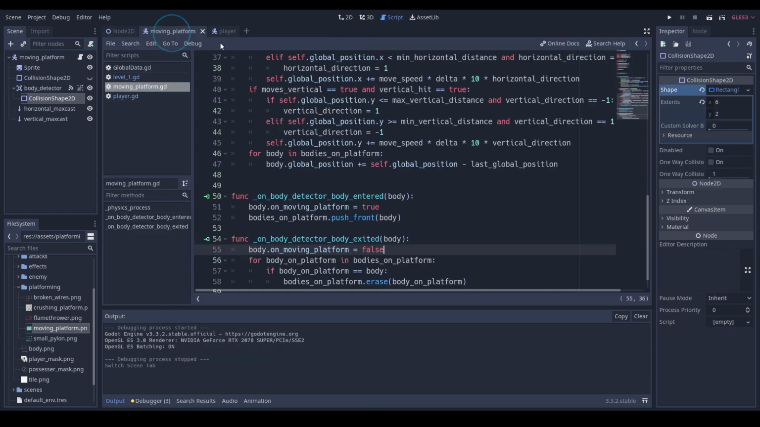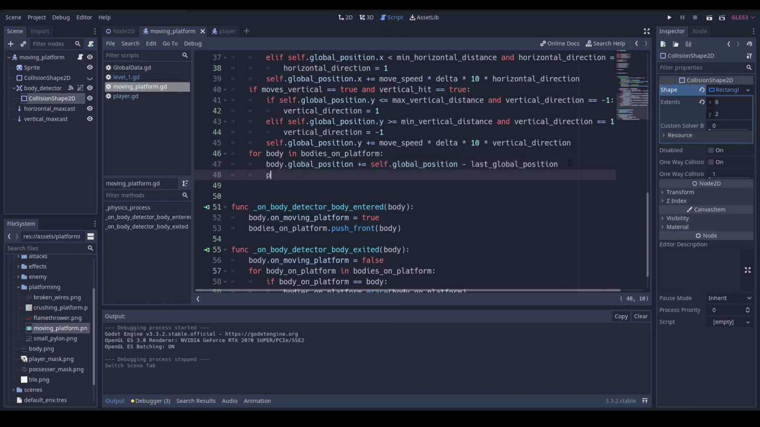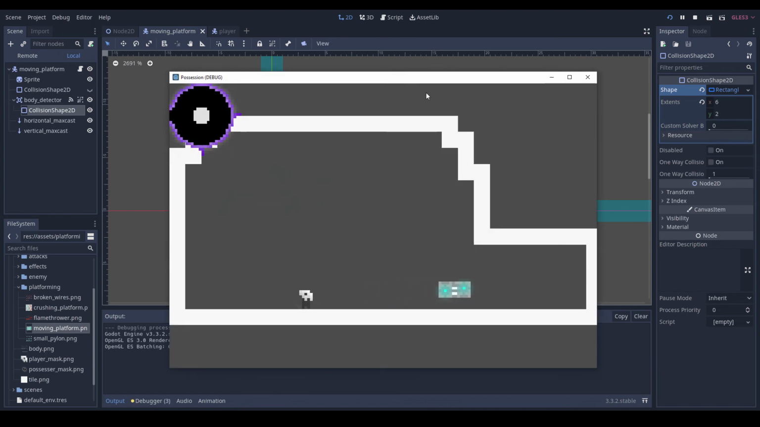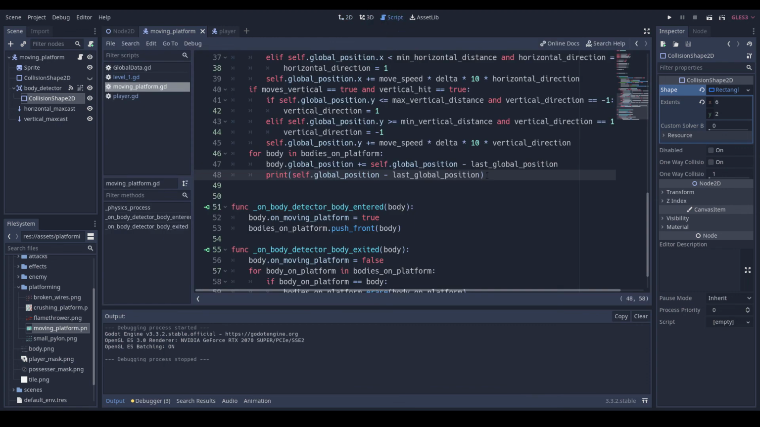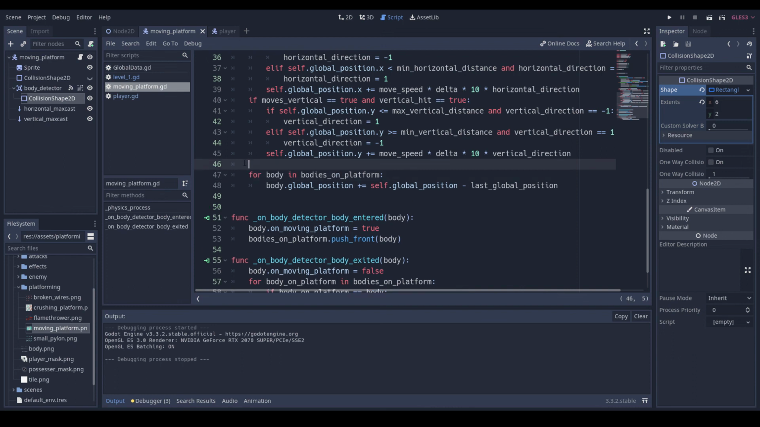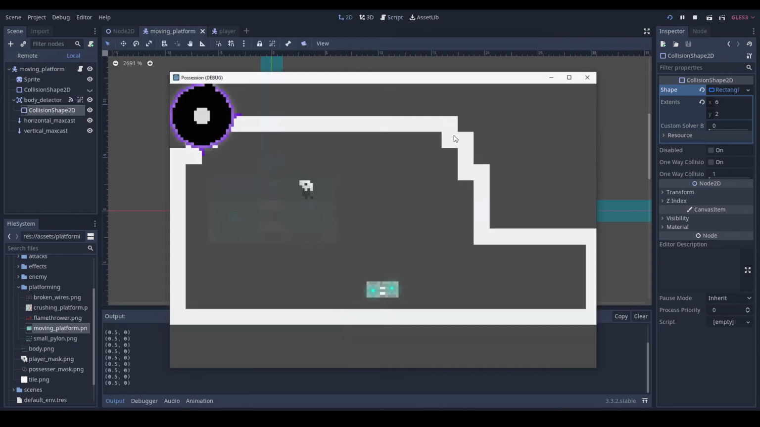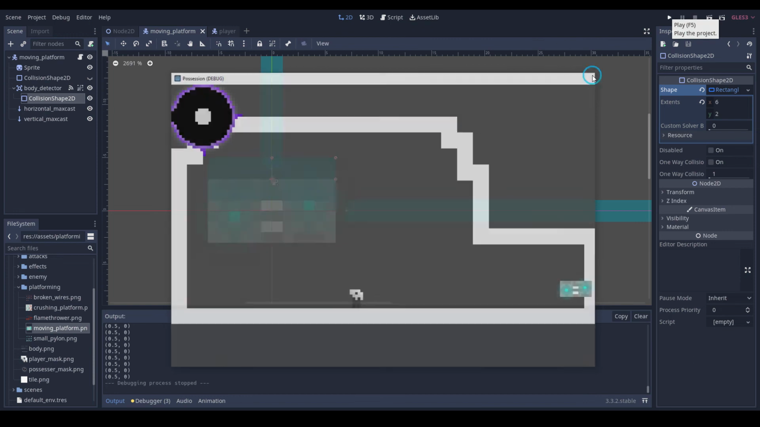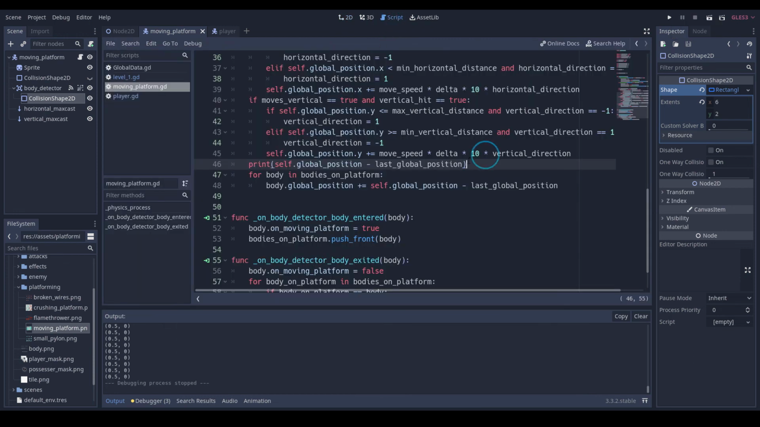Let me, player. Let's print self.global position minus last global position. I want to know what exactly this is doing. Gotta move that around. Was it doing it at all? Probably not. Yeah, so that 0.5 sounds right, but